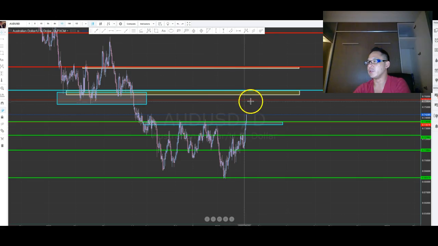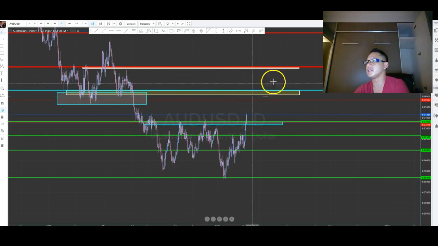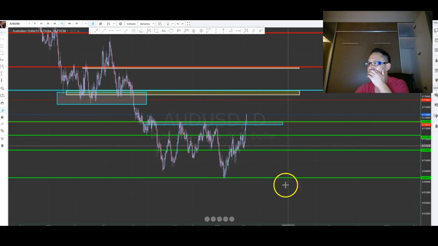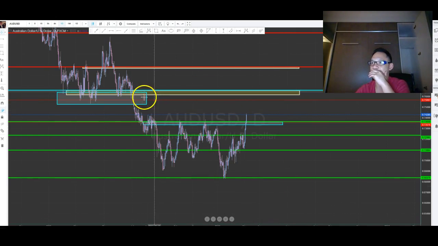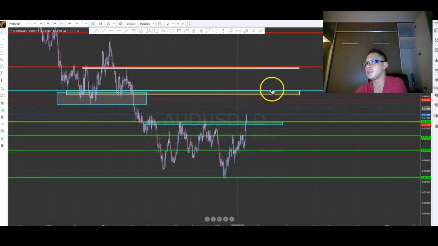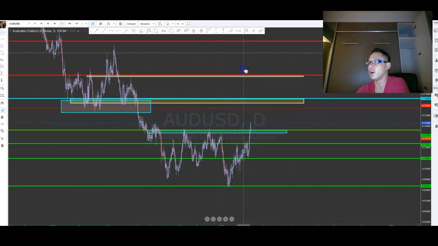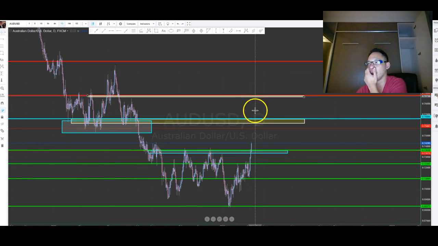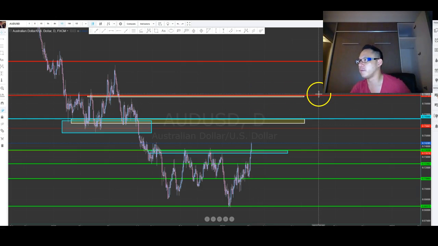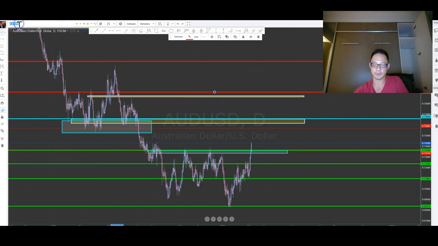But again, this one's going to be a tricky one. I would be careful with this Aussie dollar one. So that's an opportunity, but I still see lower prices. But at least we're going to see this test, and if you see this test, this could be a potentially good trade to get into if you're prepared. If you're going to hold that, it might go up there, so you're just going to hold it out. But make sure your stops are at a safe level, so you don't get stopped out. So that's the Aussie dollar.